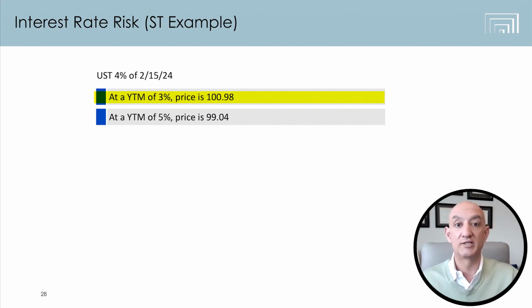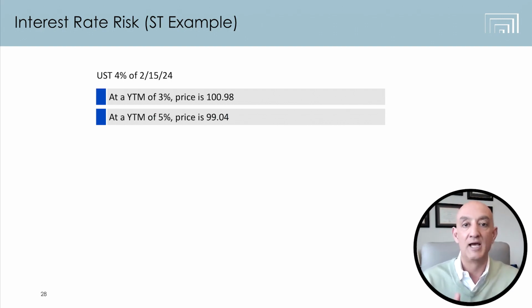So your bond is going to trade at 100.98 cents on the dollar because that'll give it a yield to maturity of 3%. So in a one-year bond, a relatively big move in interest rates still doesn't move the bond price around too much because at the end of the day, that bond's going to be worth 100 cents on the dollar in 1 year.